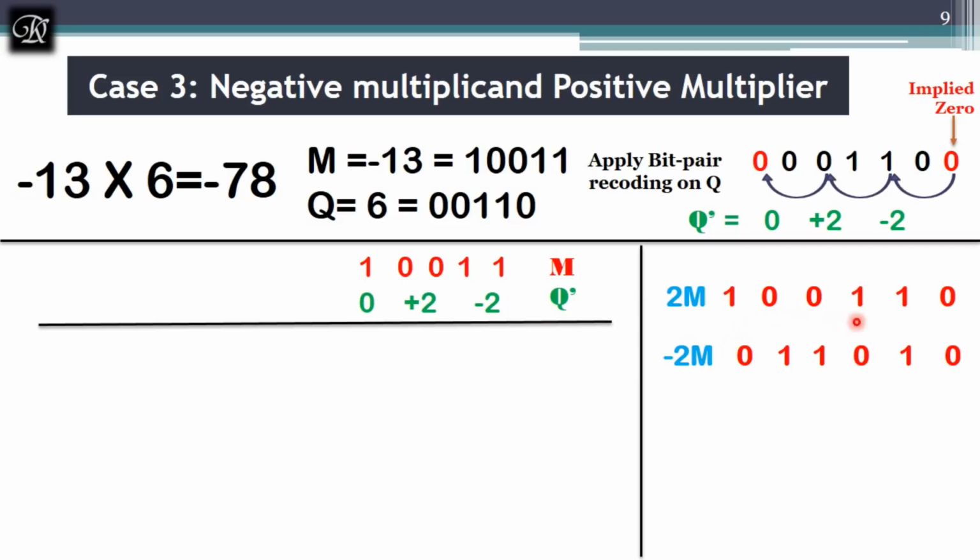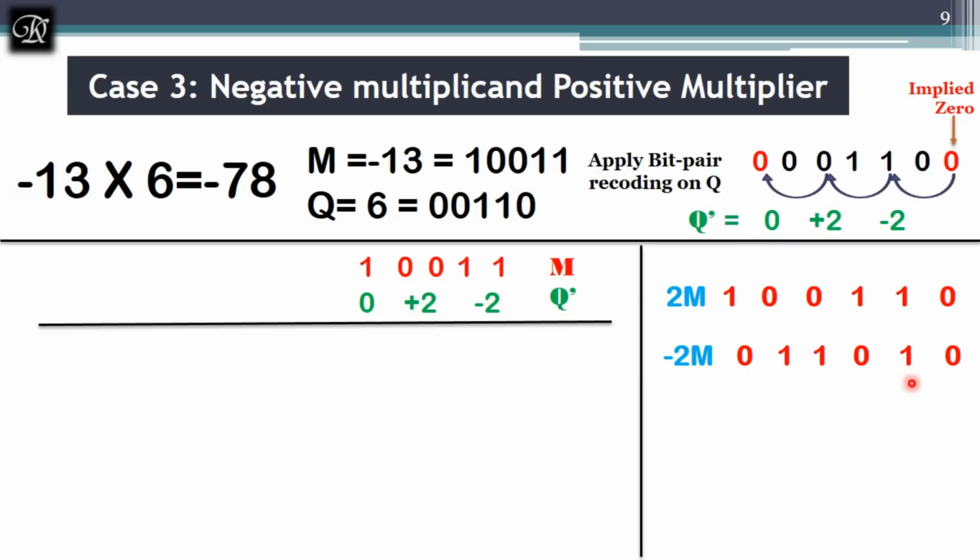task. So what you have to do here is, first you multiply negative 13 with negative 2. What is the answer when you multiply negative 13 with negative 2? It is of course positive 26. So that is why you can see I have written for negative 2m, minus 13 into minus 2, it is positive 26. Now negative 13 into positive 2 is negative 26. So these are the changes I made, because when you multiply negative into negative, the answer will be positive, and when you multiply negative into positive, the answer will be negative.